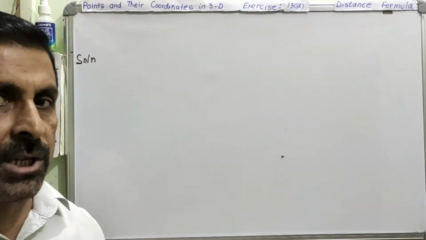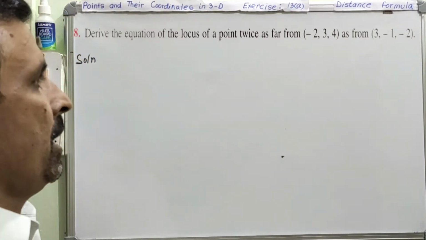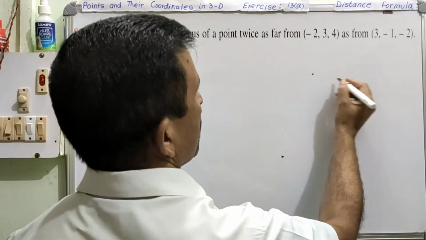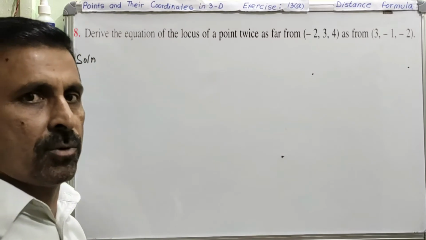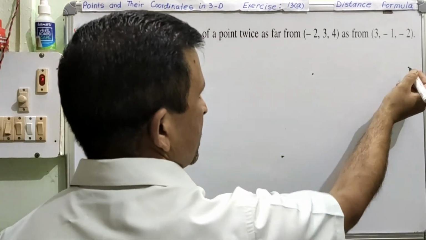Now we will move on to question number 8. In question number 8, as you see in the question, there are 2 points, right? A, this is 1 point, this is 1 point. This question is exactly the same as your question number 7, okay? Same as question 7. This is 1 point and this is another point.